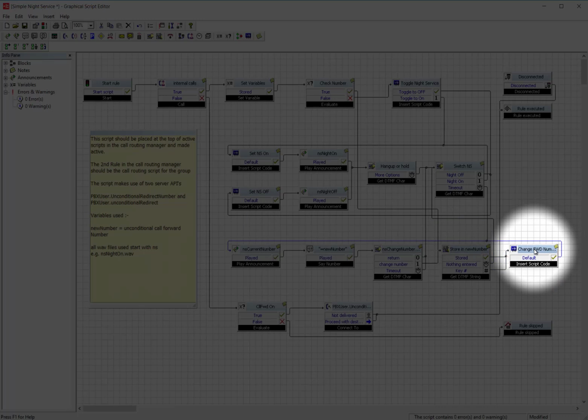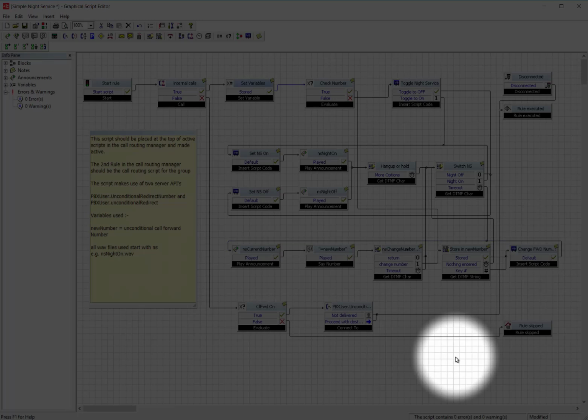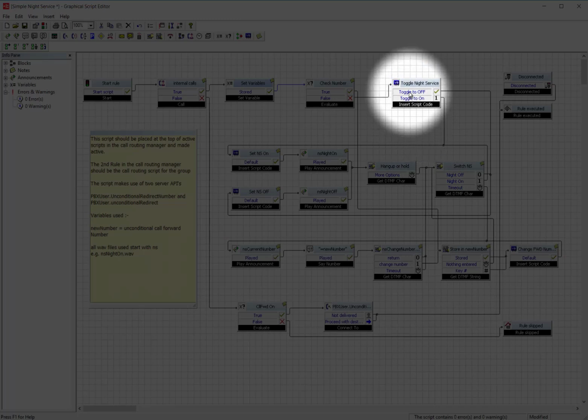We use a piece of code to set the call forwarding number. And that's it, a fairly simple script. I'll now go through a couple of the blocks that contain code just to explain what's happening. To toggle night service on or off,